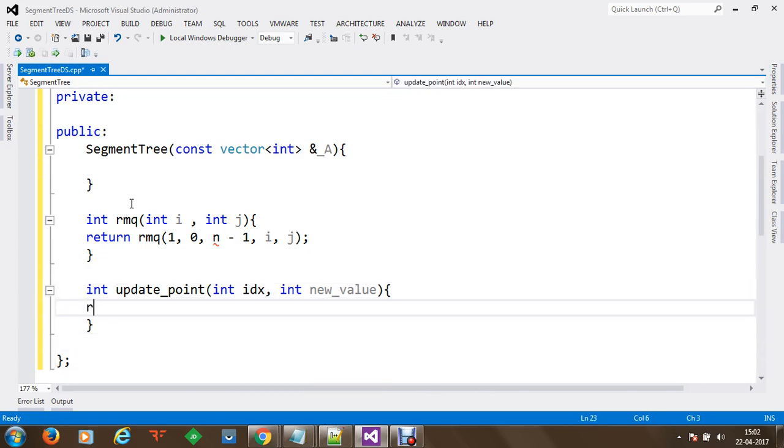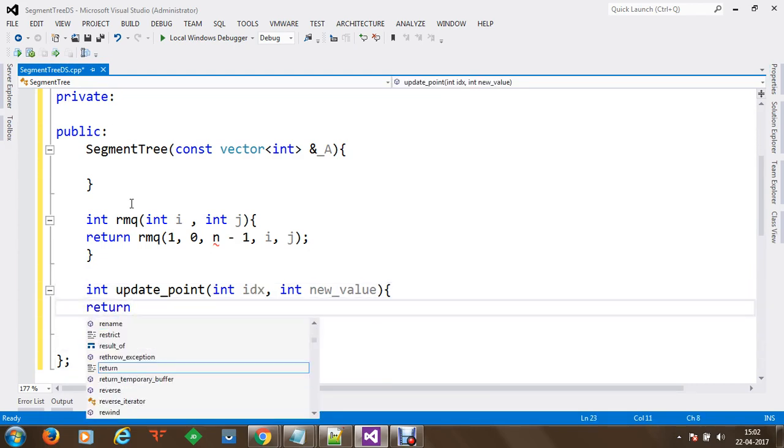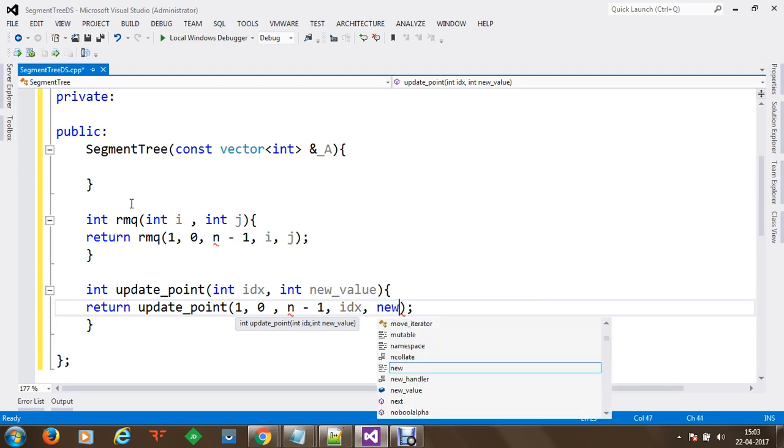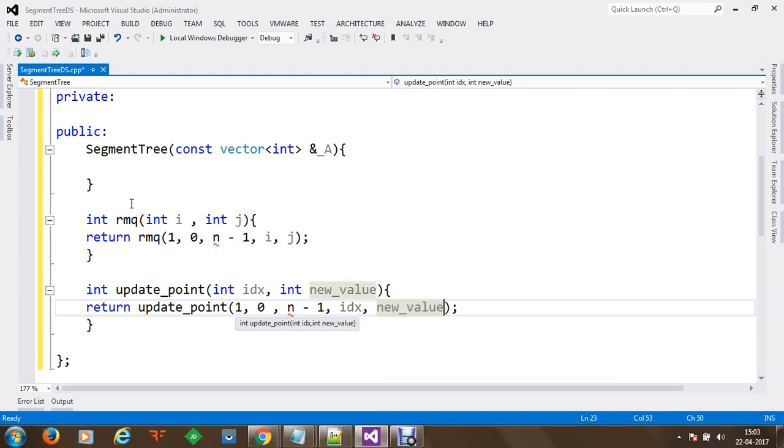So now we are going to return the update point value for this specific index, and we are again going to create a private method known as update point, which is going to take the point, the minimum range, the maximum number of elements, and then we are going to supply the idx information and the new value information which has to be replaced. So these methods will be created.